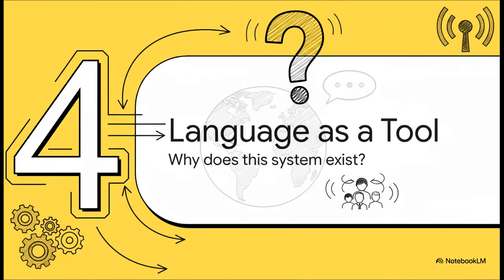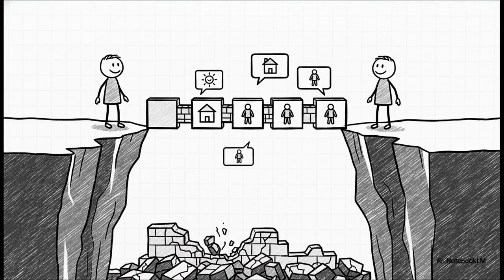Now we get what this list is, but that leads to an even bigger question, right? Why does a system like Basic English even exist? What's the point? And this is the really brilliant part. The goal of a system like this isn't to limit what you can say or think. No, it's the total opposite. It's all about taking the complexity out of the delivery so that the idea itself can be shared more widely and understood more easily. It's about using language to build a bridge, not a wall.